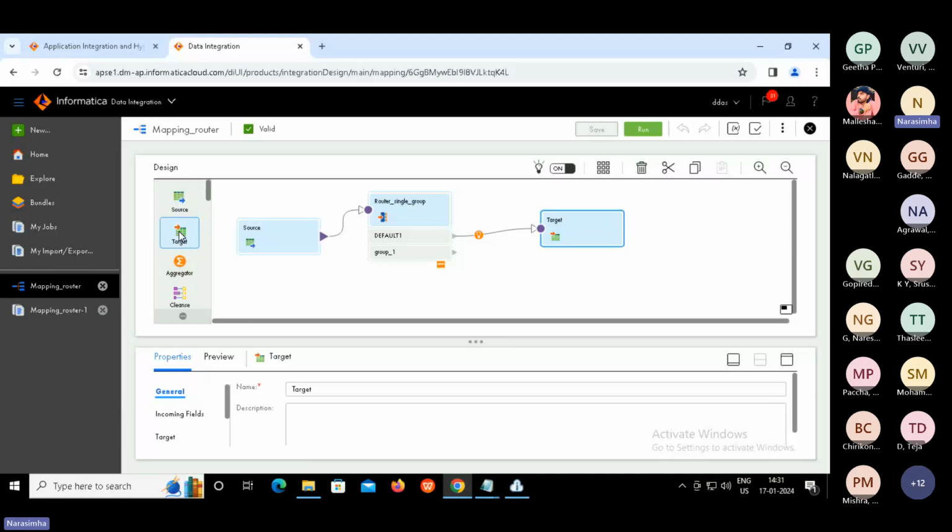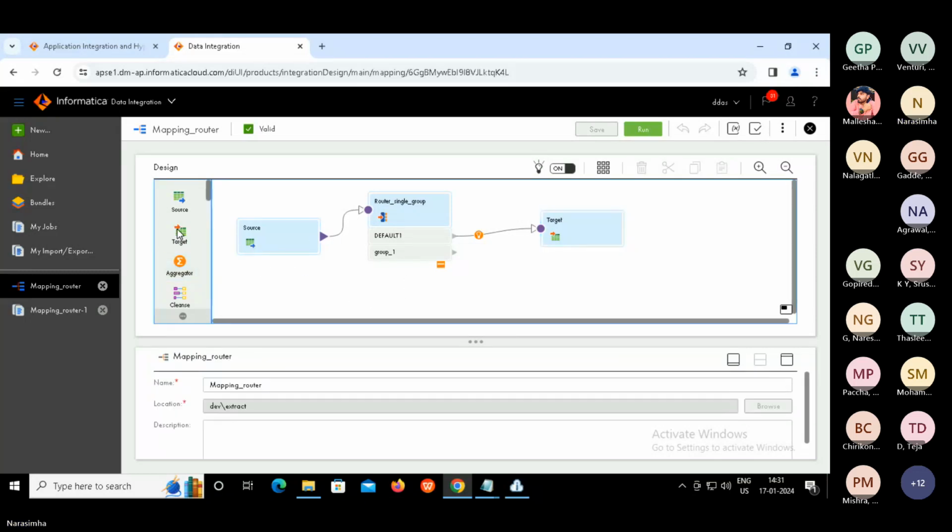So to answer that, please go to tools palette, all of you guys, and drag and drop target here.